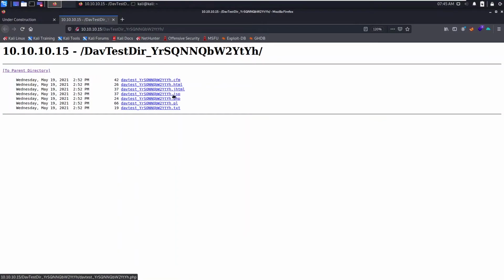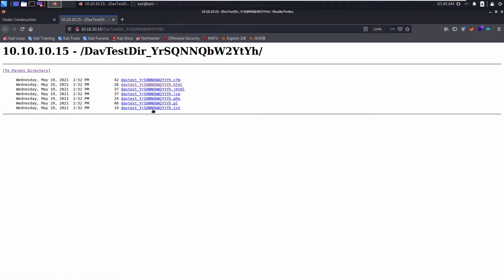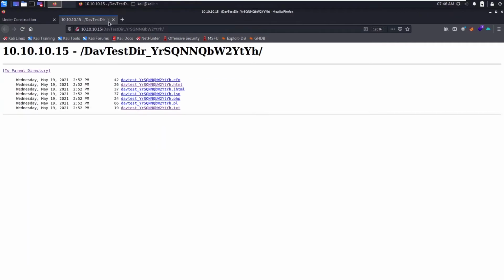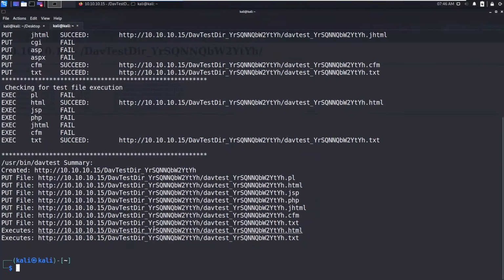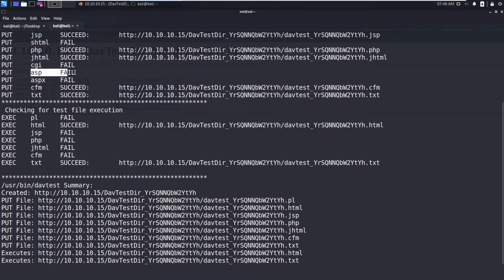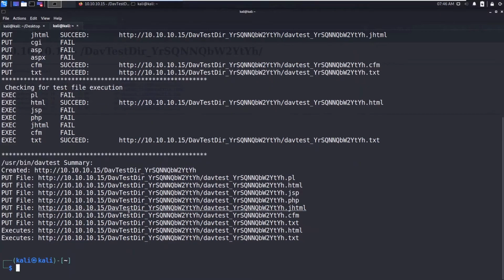You can open the HTML here, and it says HTML put via davtest, and you can open the text file here, and you can see text put via davtest. So that means we can't upload the ASPX file, because it failed. There is some filter for that.